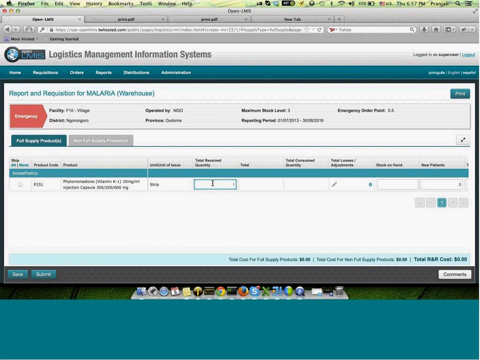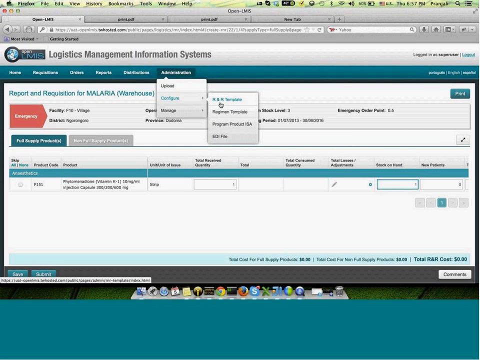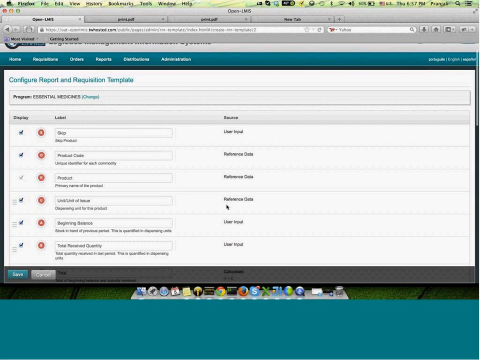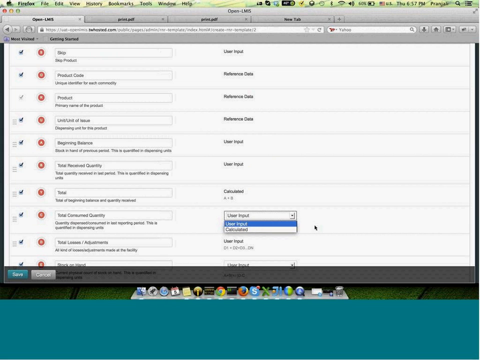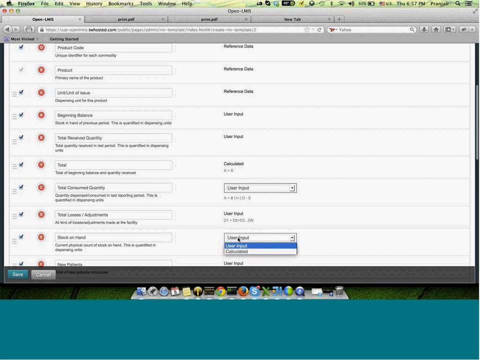I entered a quantity as 1, stock on hand as 1. And the template has been configured in such a way that beginning balance is hidden. I just need to make the template configuration proper. Consumed quantity I'm making as user input. Stock on hand as calculated. Save. Now if I create a requisition